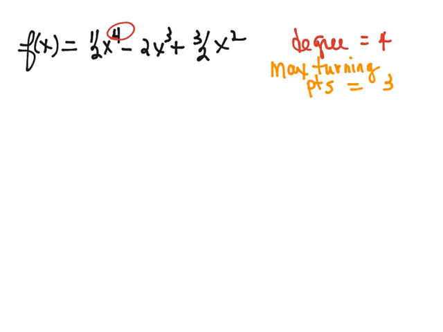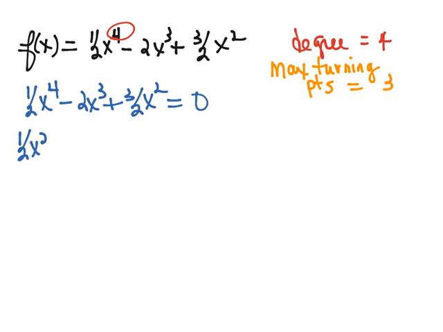so it's equal to 3. To find the zeros, we're going to take our equation, 1/2 x to the fourth minus 2x cubed plus 3/2 x squared, and set it equal to 0. When you set a function equal to 0, a good rule of thumb is to first try to factor out any factors that each term has in common. And so if we look at this, we can see that each term has a 1/2 x squared as a